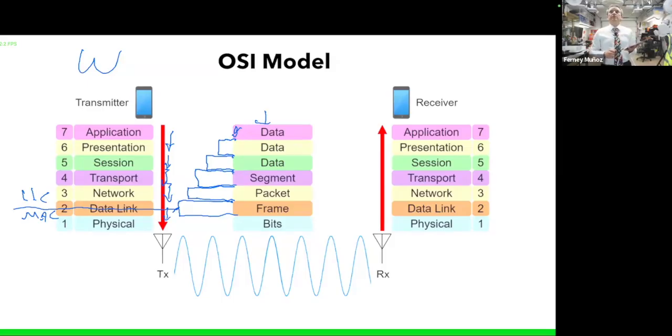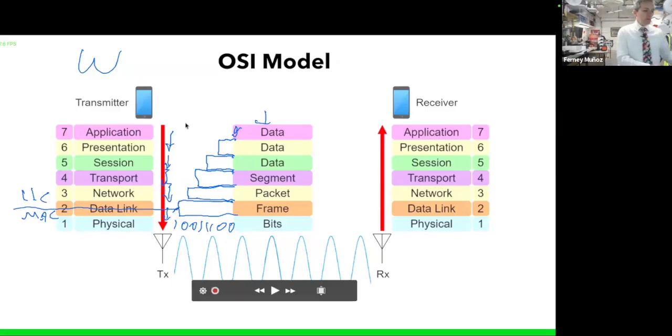Layer 1 is the physical layer. Here's where that is going to become ones and zeros. Now, those ones and zeros are what's actually going to be sent over the medium. What's the medium? Well,